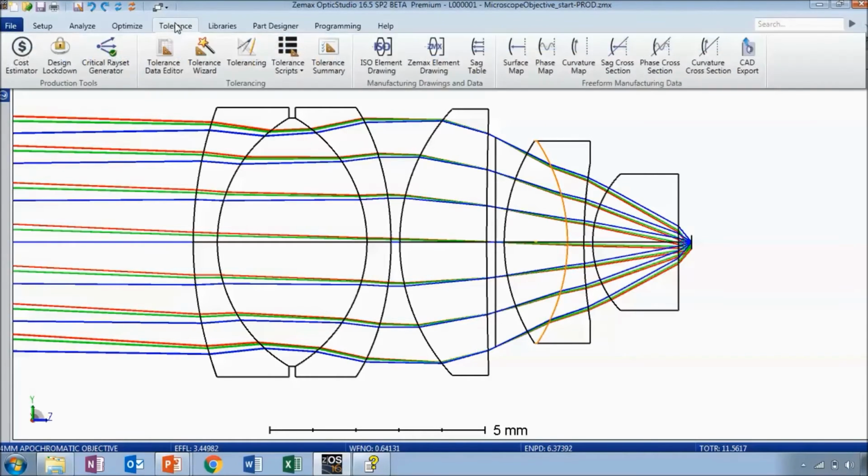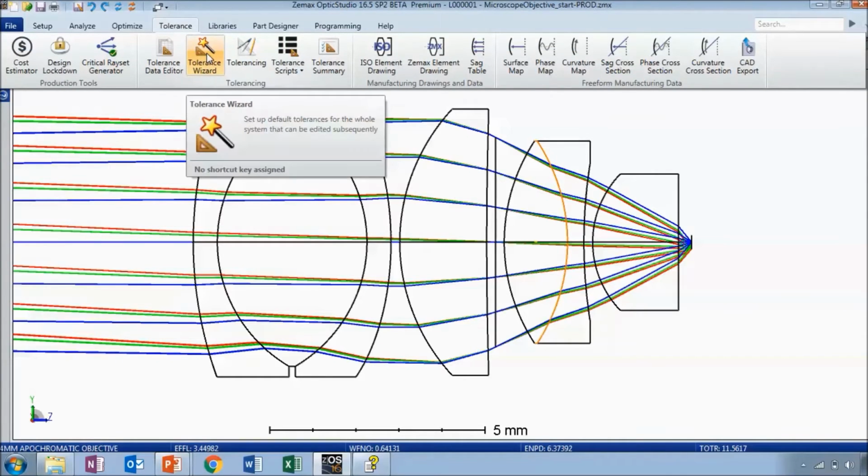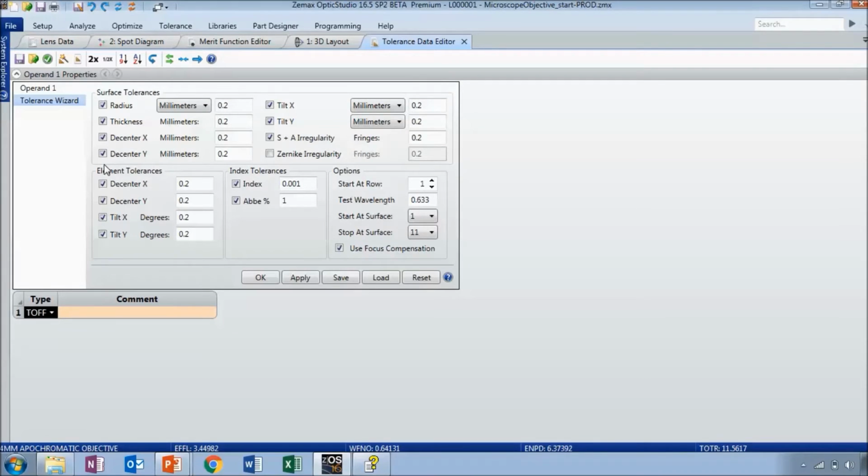So let's look in the tolerancing tab and start with the tolerance wizard. Now I'm going to keep things simple here, and all we're going to look at is an element tolerance, which means moving the front and back surface together. Surface tolerances can be used to tolerance individual surfaces because they aren't necessarily manufactured in the same way. So you could see what happens when a front surface is offset from a back surface or tilted and decentered. You can also tolerance the thickness of the lenses or the radius of curvature, as well as the irregularity of